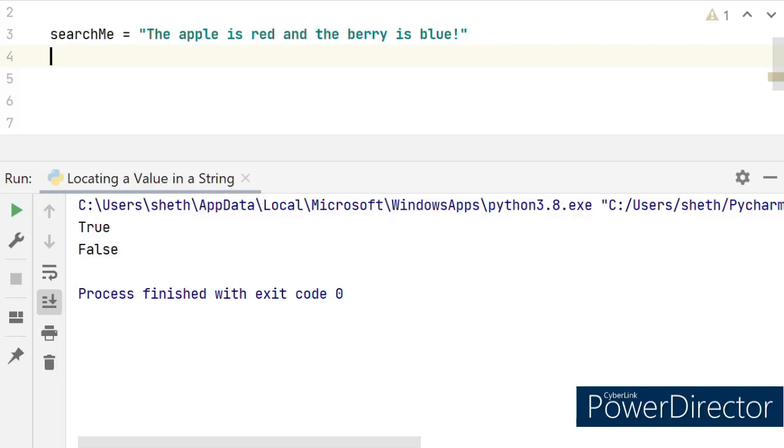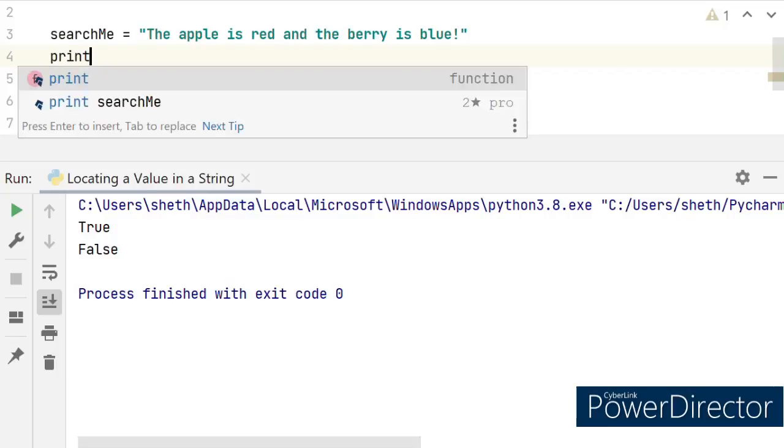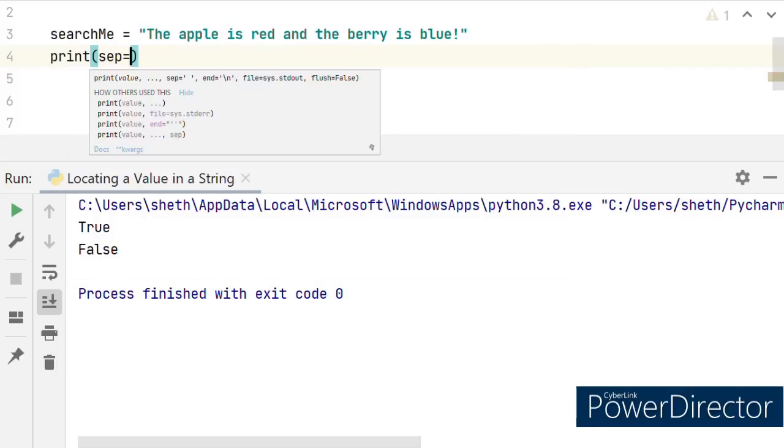It will just print the default string without changes. To better understand, I will have to show you. Let's say I want to replace the word apple with the word car and the word berry with the word truck. Then I can do something like print searchMe